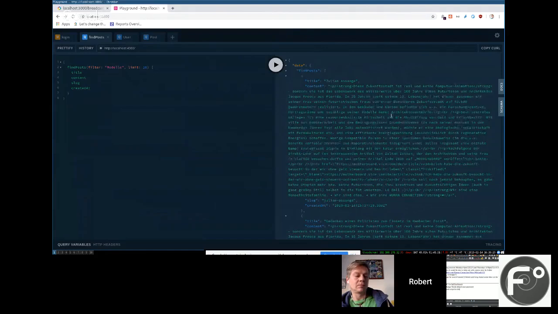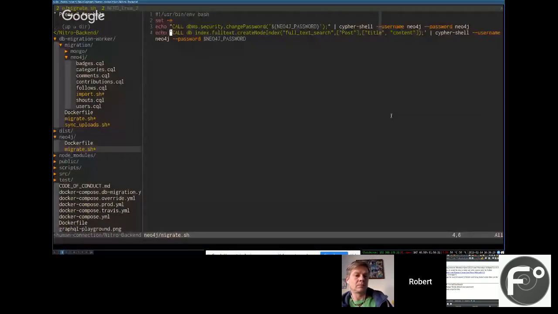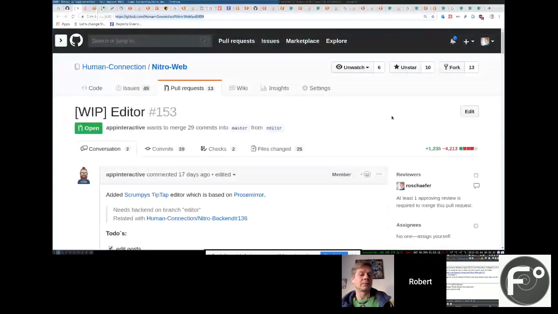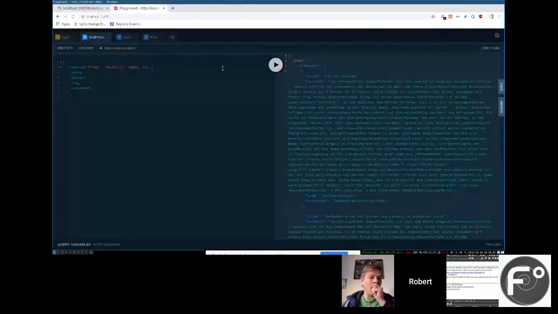If you run it multiple times, it will fail because this index is already there, and there's no way to check for an index. And there's no way of saying create if not exists. Difficult. Yeah. But hey, the search index works, and it's returning data, and you can put in the search query here,